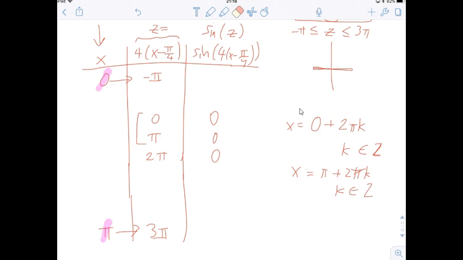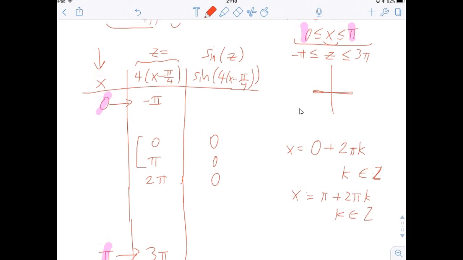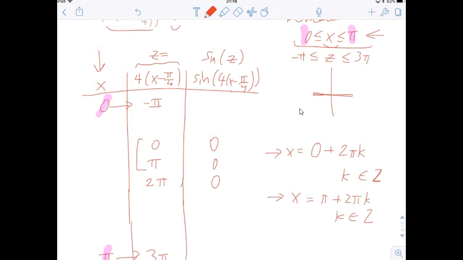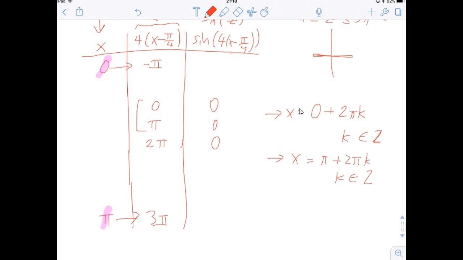So these are all the possible solutions if a domain is not given. Since a domain is given, we start listing out all these solutions, but when we get to the edge of this domain, we don't need to continue on. Okay? So for example, 0,